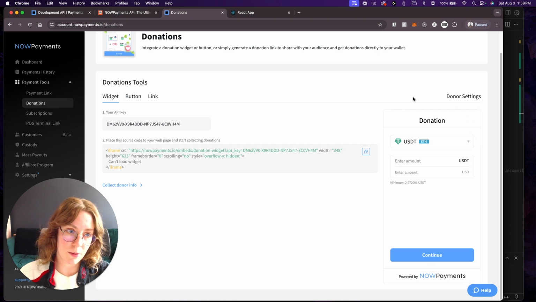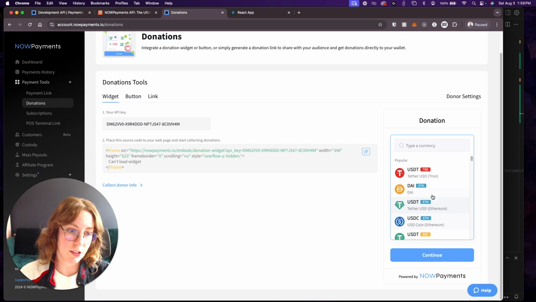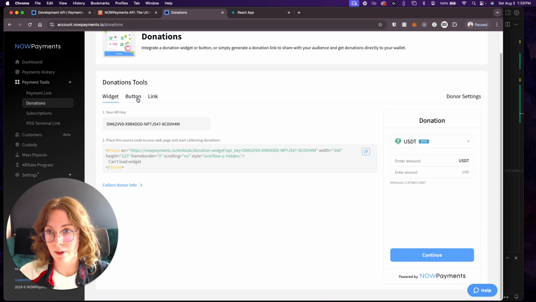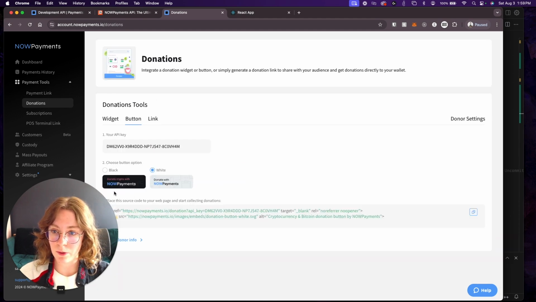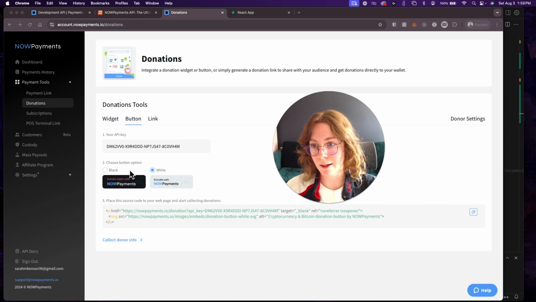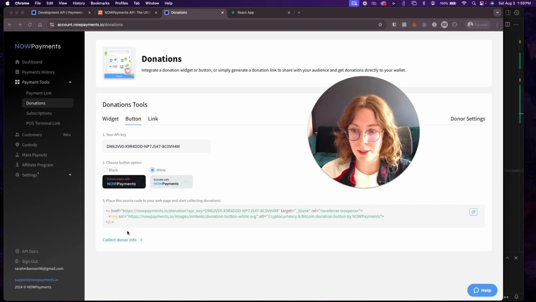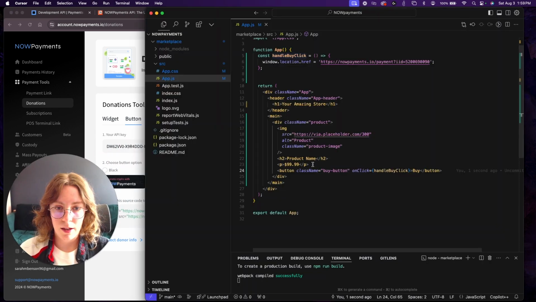So this code would essentially create this whole little donation widget right here. Your customer can choose what currency they want to donate in, and it will just take care of everything. They also have that in a link format and then a button format as well. So if you just wanted one of these really basic little donation buttons that's not super obtrusive on your website, you could just copy this right here and go back over to our code,